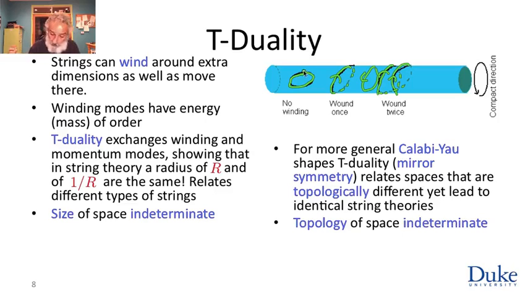Now, these strings that are not winding can, of course, be moving around. You can take this guy and kick him, so he's going at some frequency around the universe. It turns out that that frequency is quantized, and in a universe where the distance around the circumference is small, the lowest energy of the lowest non-trivial motion around this becomes high. So as you squeeze the garden hose down, the winding strings become light and the moving strings become heavy. If the hose becomes large, these become light and these become very massive.